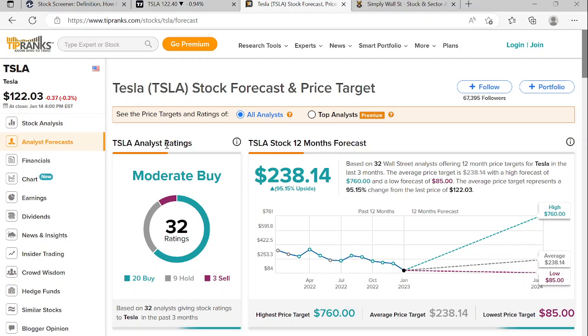Of course, the analyst could be biased, could have an interest in giving a rating that is higher or lower than what it should. So of course, you don't have to trust the analysts completely, but it gives you an indication of the consensus. The analyst, even if you don't agree with the analysis,